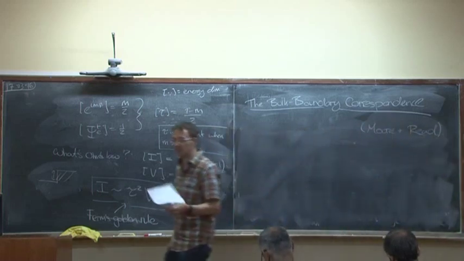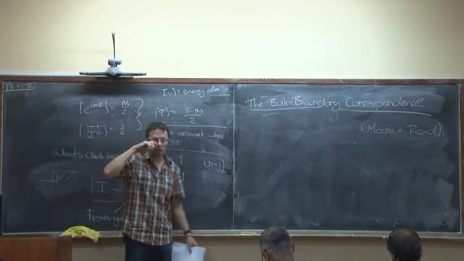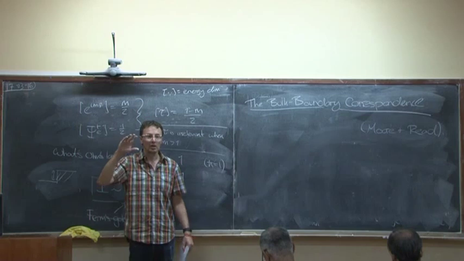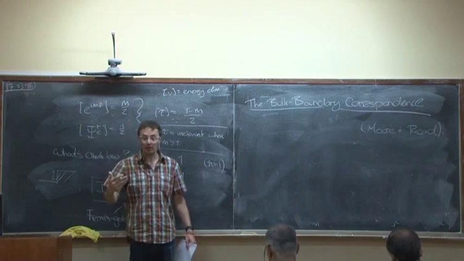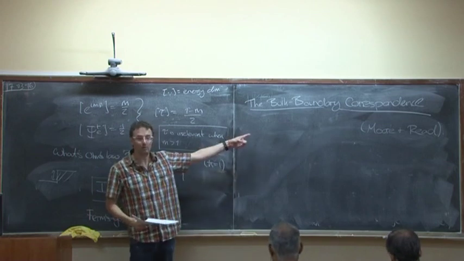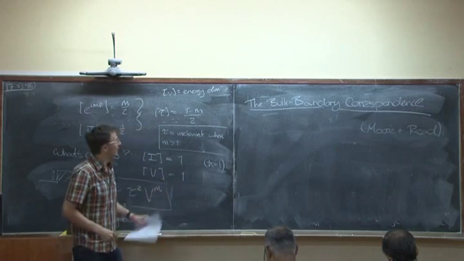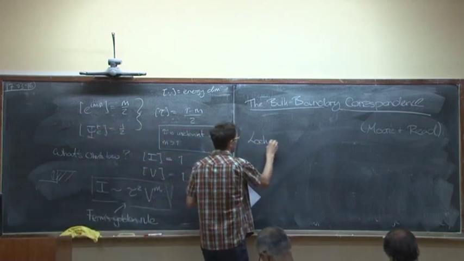First pointed out in the late 1980s by Greg Moore and Nick Read. We saw earlier something called the Moore-Read wave function, which was the wave function for non-abelian quantum Hall states. The way they got to that wave function was not by thinking about what electrons were doing, but by what the boundary theory was doing. All right, so the idea is we're going to look at the boundary theory.